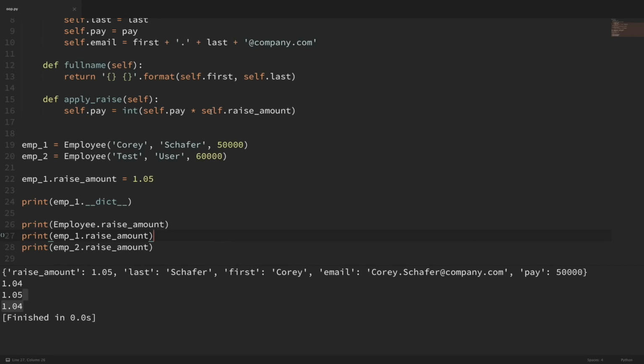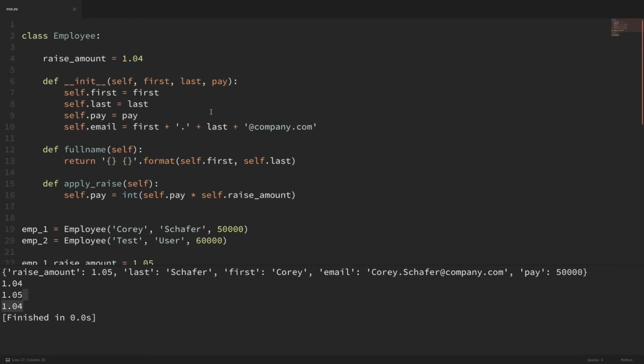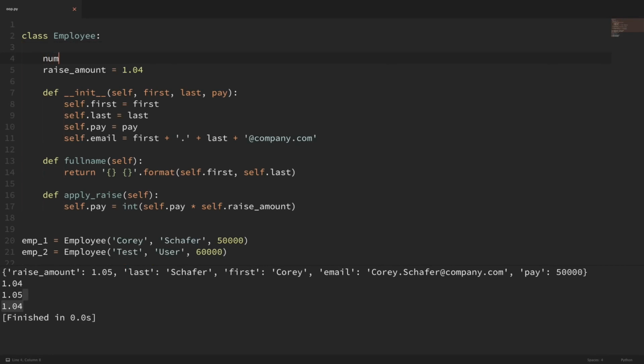So now let's look at another example of a class variable where it wouldn't really make sense to use self. Let's say that we wanted to keep track of how many employees we have. The number of employees should be the same for all instances of our class. So I'm going to create a class variable up here and call it num_of_employees, equal to 0 for now.